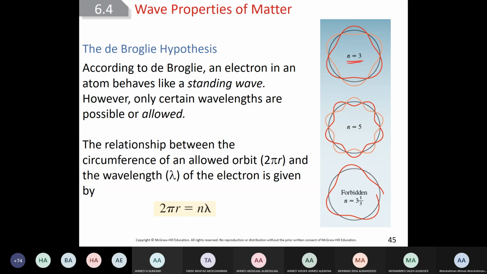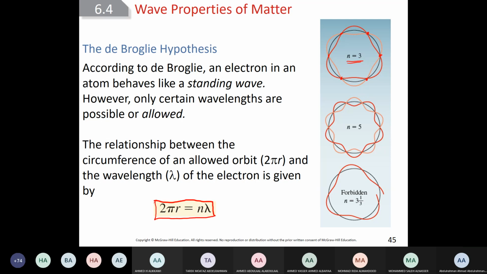Why? Because the electron, the shape will be like this. So see here, 1, 2, 3 waves, and these must have exactly the right nodes. But this one will not work. Why? Because the circle is not complete and the waves will cancel each other. What I want you to know, the proposal of de Broglie, if we have a circle,